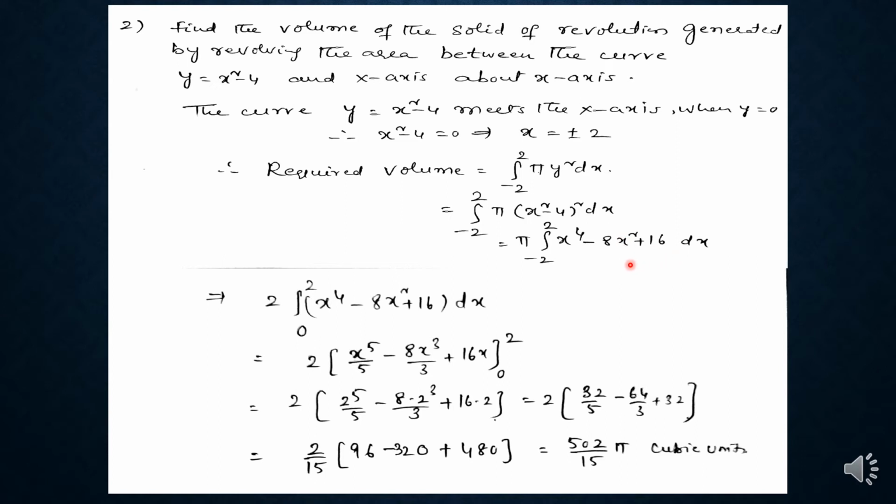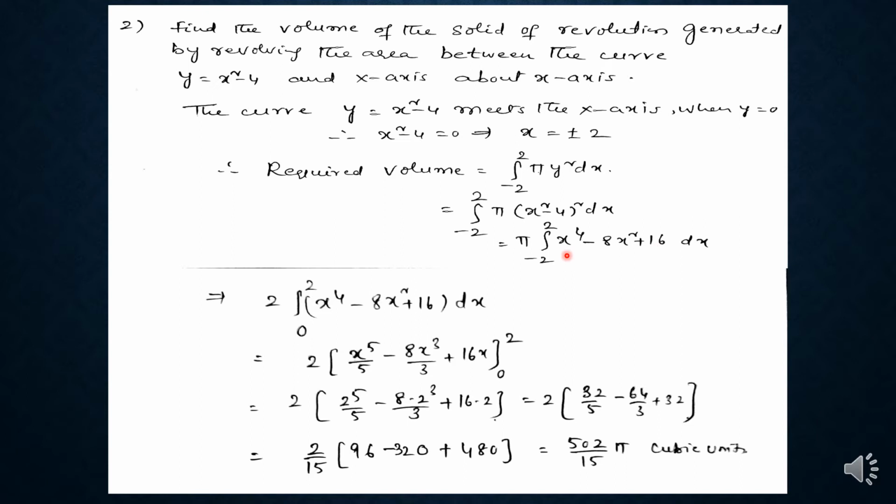Now before integrating each term, the integral from minus a to a, if the given integrand is an even function, can be written as 2 into the integral from 0 to a. So in the properties of definite integrals, we have the formula: the integral from minus a to a of f of x dx can be written as 2 into the integral from 0 to a of f of x dx, if f of x is even. Here the integrand is an even function.